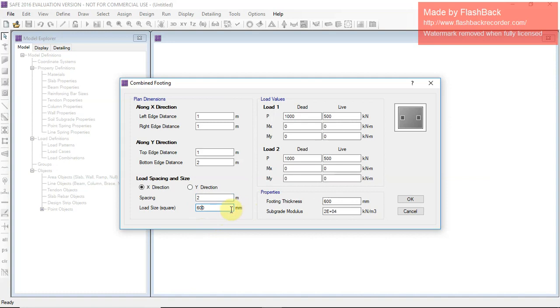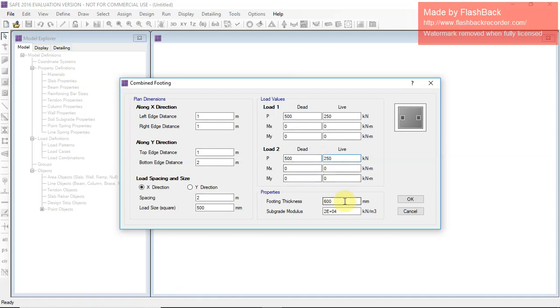Load size: square column, what is the size of the square column? 500 mm into 500 mm, so let's decide 500 mm. Load on column it's 500 kN and live load 250 kN on both columns, right, 250.